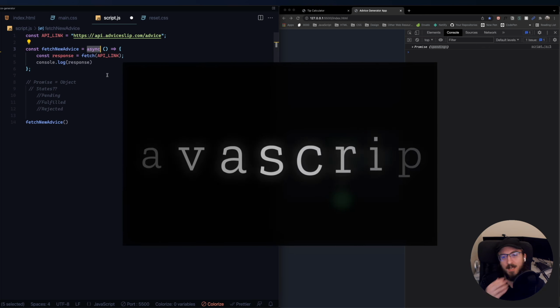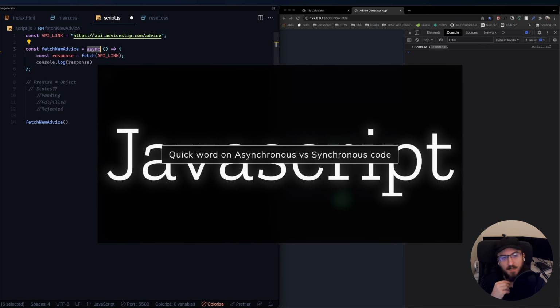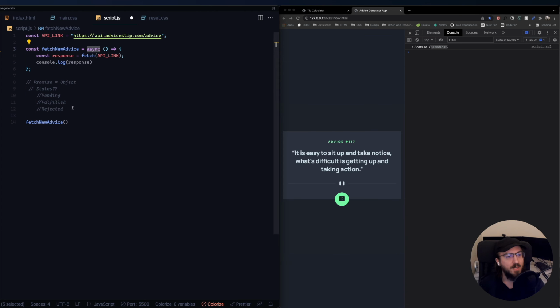So async might be a new concept as well. I'm going to try explaining it really simply. Usually in JavaScript, let's just console log 1, 2, 3, and 4. Okay, 1, 2, 3, 4. You can see all of these happen in the sequence that your brain would probably agree with, right? 1, 2, 3, 4. If I put this here, it's going to change the order logically because JavaScript